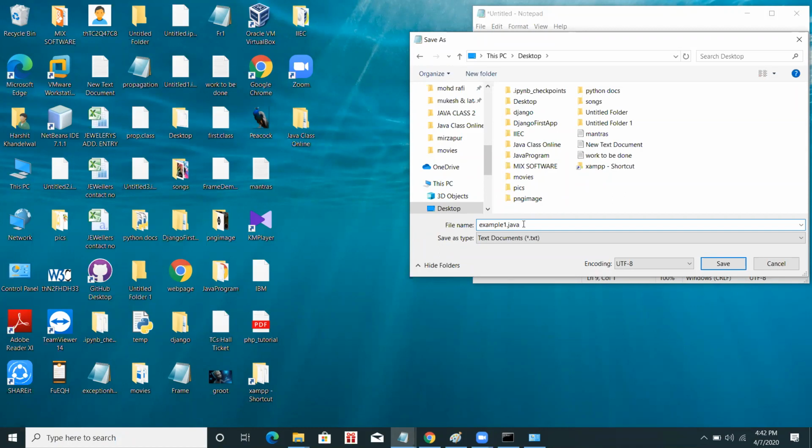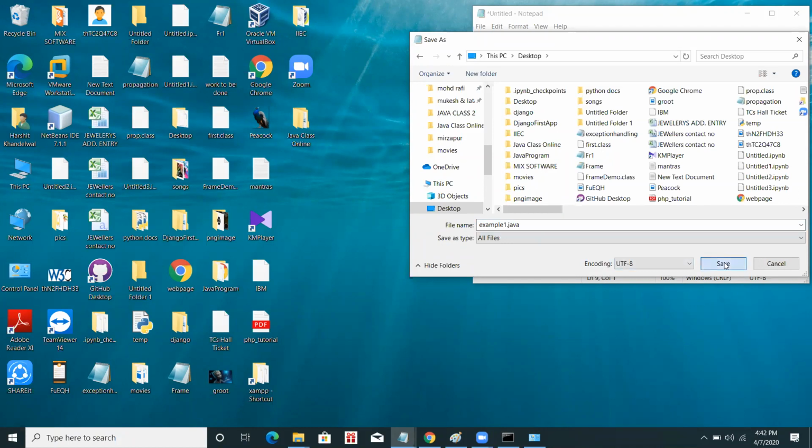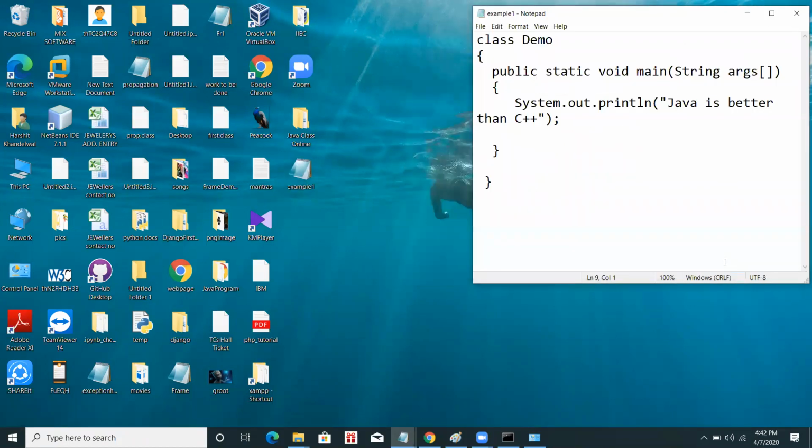Because with the extension, my computer can understand that this file is actually a Java file. Okay, so I will save it. It has been saved. Here it is, as you can see, example1.java.